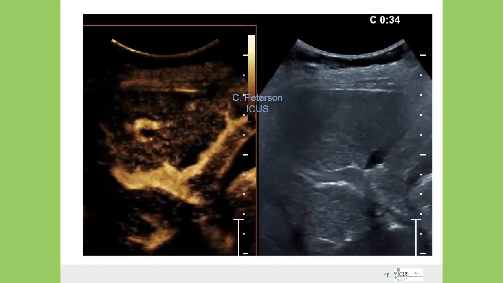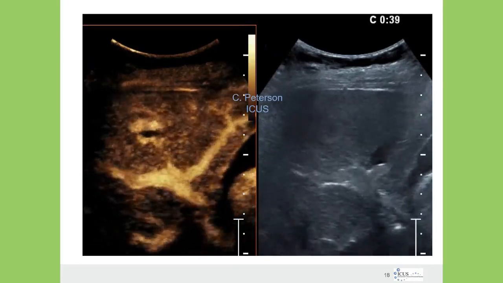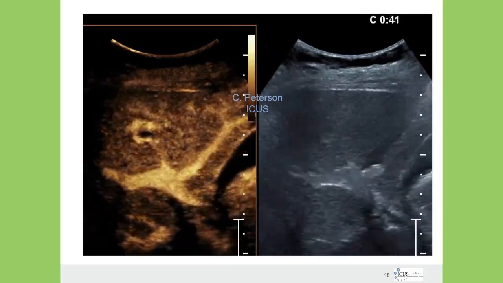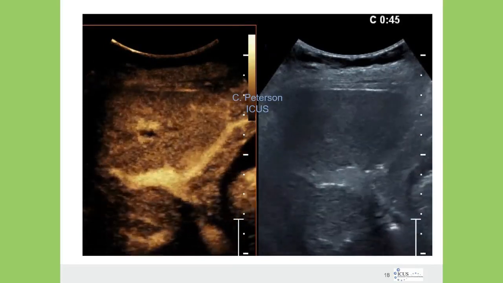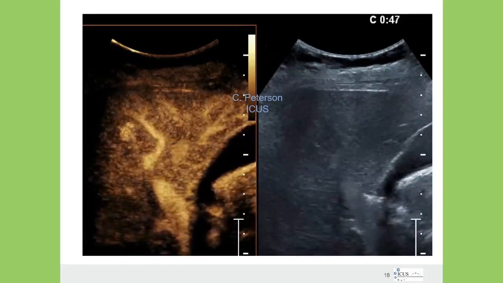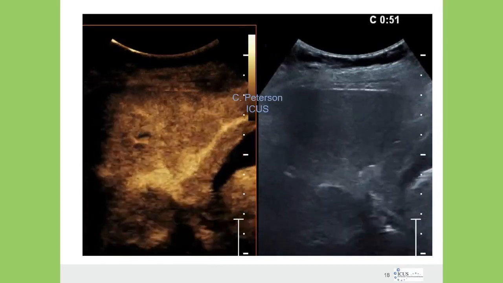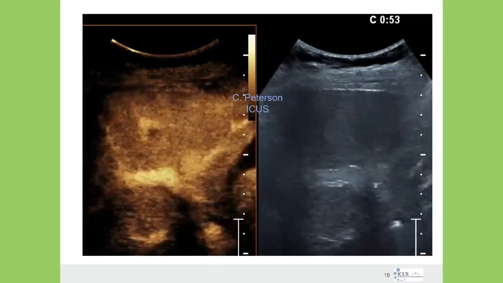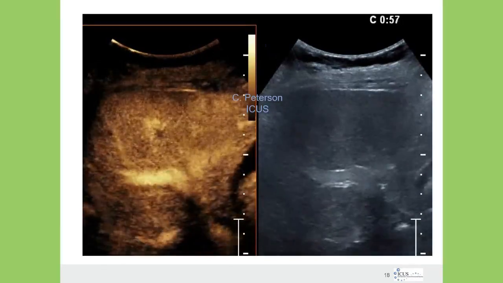And as we continue, we're just going to watch the vascular enhancement of this liver. Now we can see the portal vein a little bit more clearly. And notice that we're starting to see more portal venous flow within the liver, and the liver parenchyma is starting to highlight as well, or enhance. Over time, those vessels will disappear, and we will see that late phase parenchymal blush that we saw on the